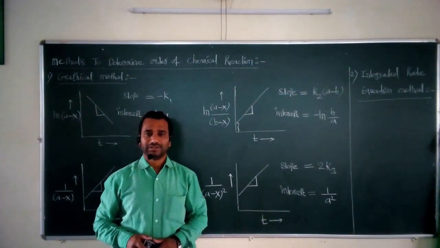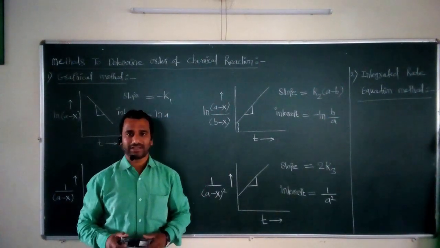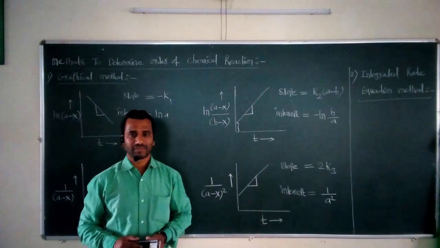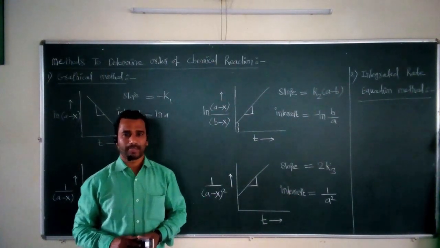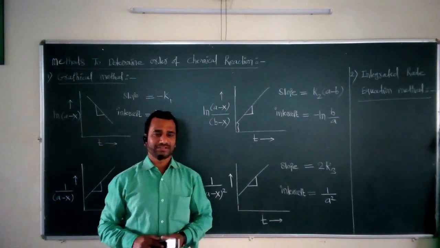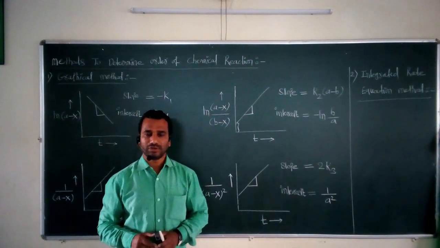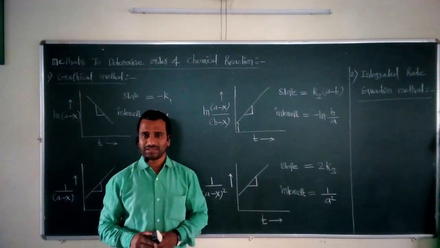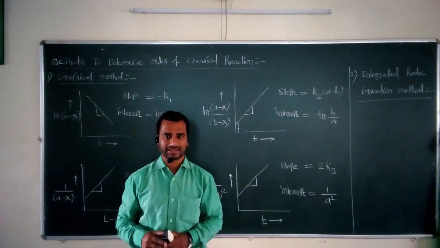From the last few video lectures we are discussing an important chapter from the syllabus called chemical kinetics. In the last video lecture we stopped at one point, the different characteristics of the third order reaction. We already discussed those important characteristics with important examples of the third order reaction.